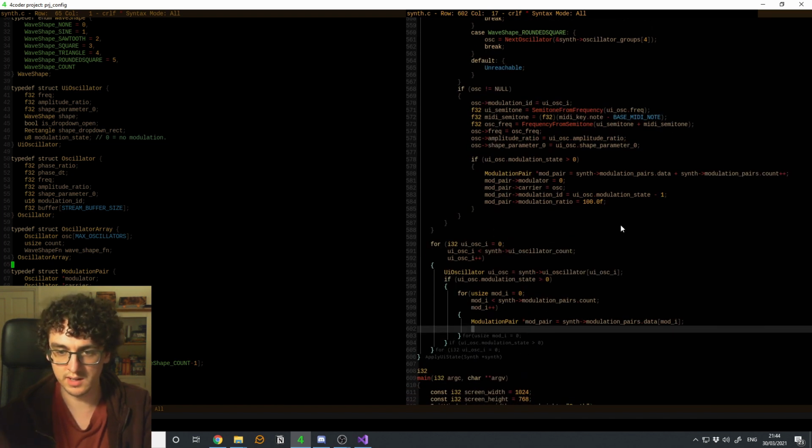And then we'll use that to hook it up. So we'll then say our mod pair modulator would then have to loop over